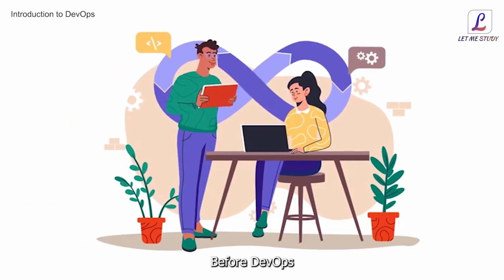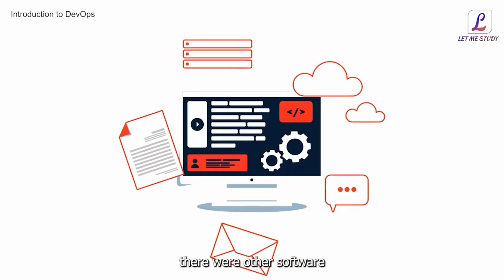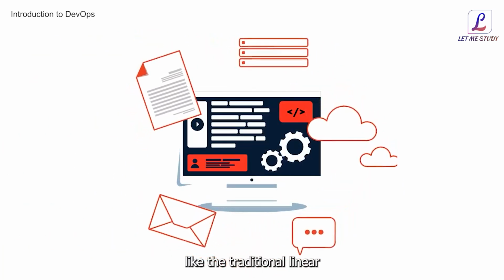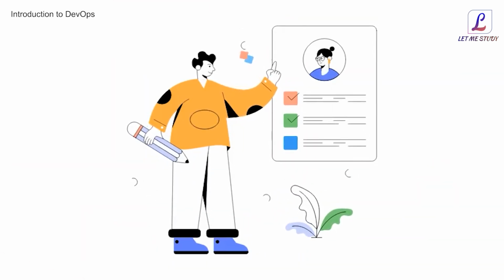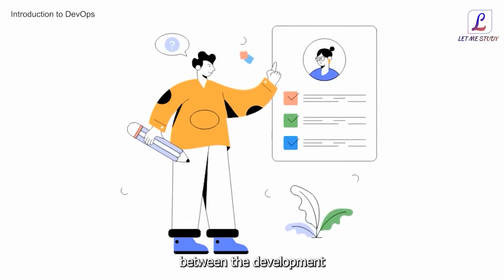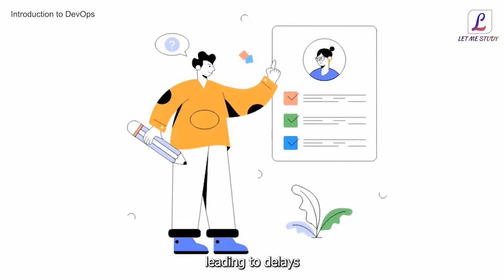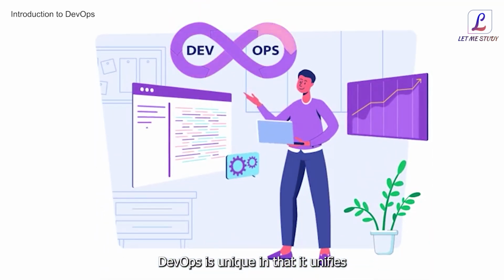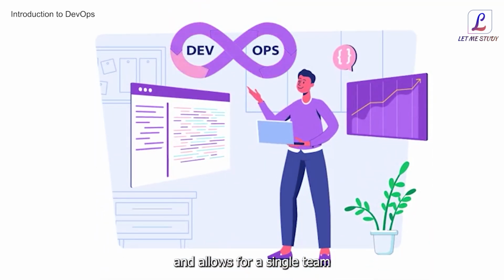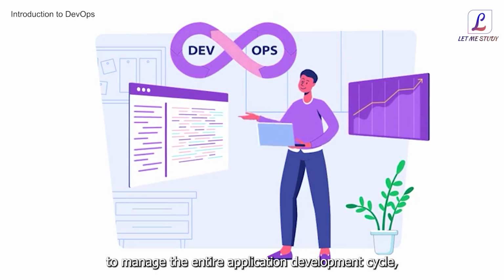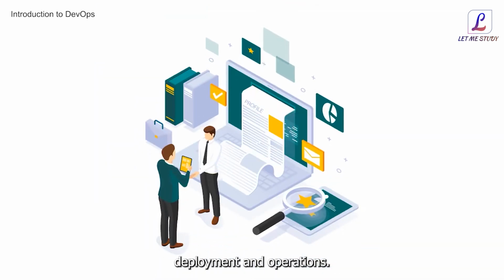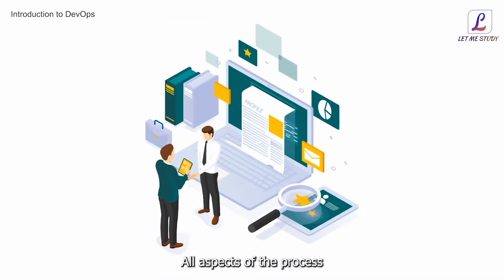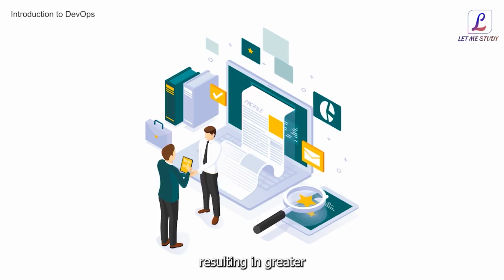What is DevOps? Before DevOps, there were other software development models like the traditional linear waterfall model and the agile model, but these models had their limitations. They often caused conflict between the development and operations teams, leading to delays and poor quality software. DevOps is unique in that it unifies the development and operations teams and allows for a single team to manage the entire application development cycle. From development to testing, deployment, and operations, all aspects of the process are handled by one team, resulting in greater